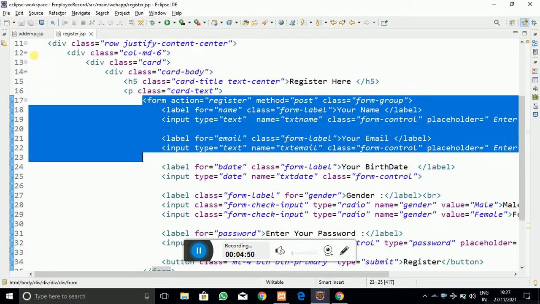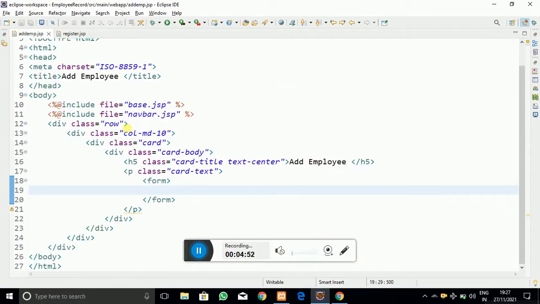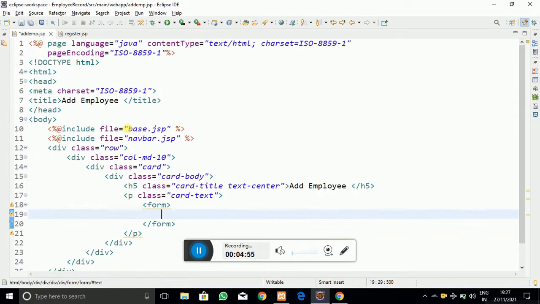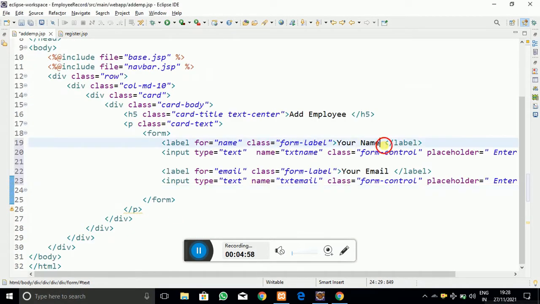Let me get that code from the registration.jsp page itself. Here I have given two input fields, where I am just changing the label: enter employee name, and the second one, enter employee email. Here we are going to store employee data, so I am just changing that.